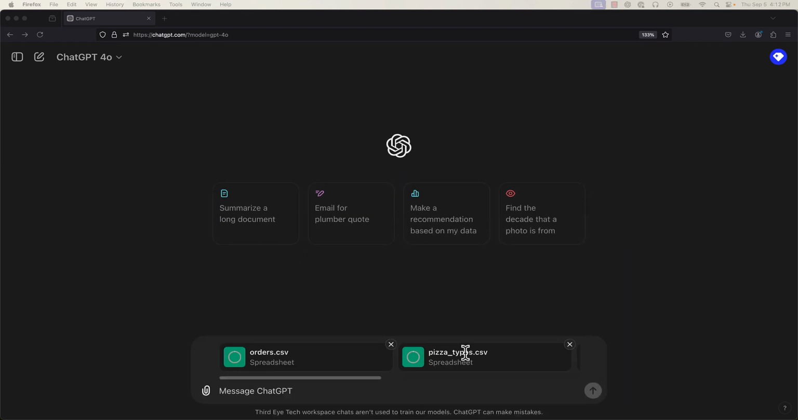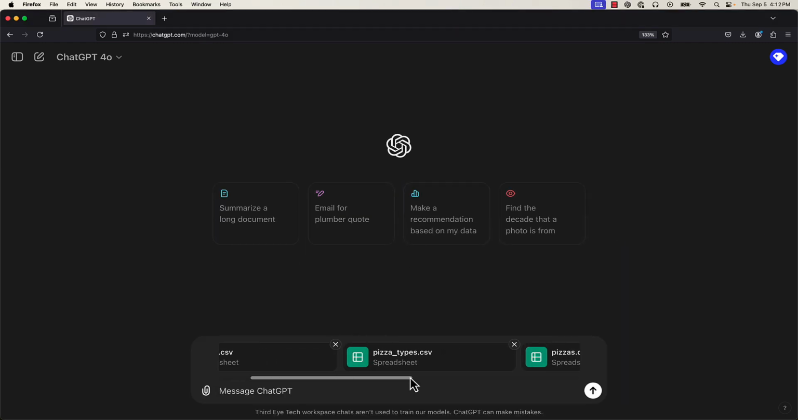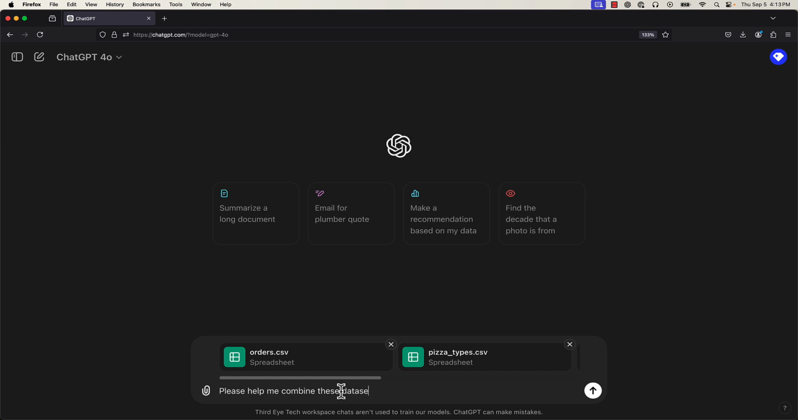So here I can drag the entire folder of the pizza data we got earlier. You can see it put all the files in the folder into my prompt window here. And then I can simply ask it to please help me combine these data sets. And I'm going to tell it a little bit about why I want to combine them to help guide its